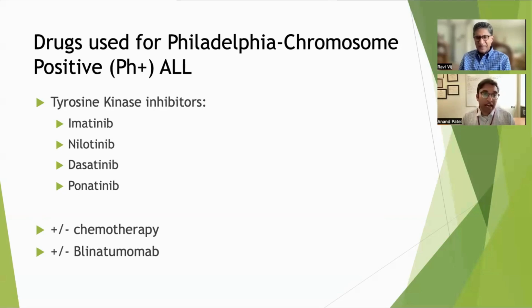And the reason for that is because this abnormality, this Philadelphia chromosome, is uniquely susceptible to targeting with a class of drugs called tyrosine kinase inhibitors. So there's the first generation drug, imatinib, which is used much more frequently in a slightly different blood cancer called CML that also has this Ph chromosome. And then there's several other tyrosine kinase inhibitors, nilotinib, dasatinib, and ponatinib, that have been incorporated into the initial treatment